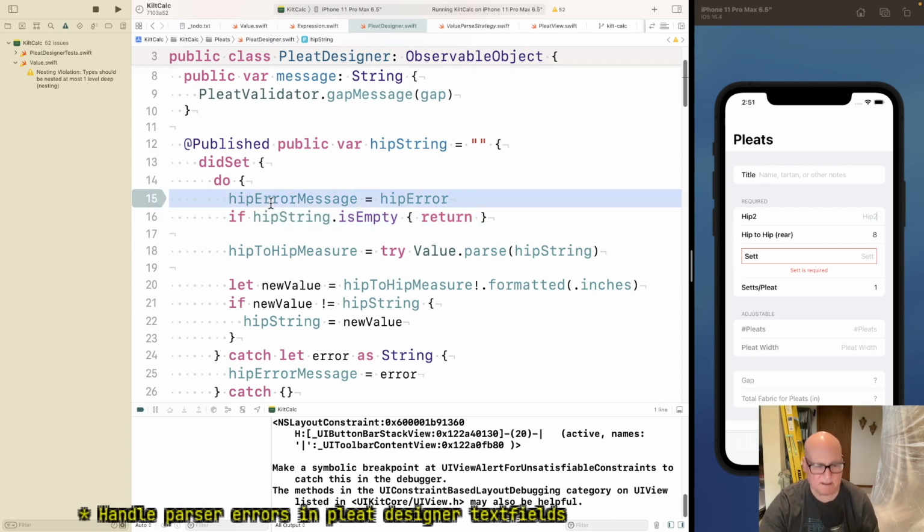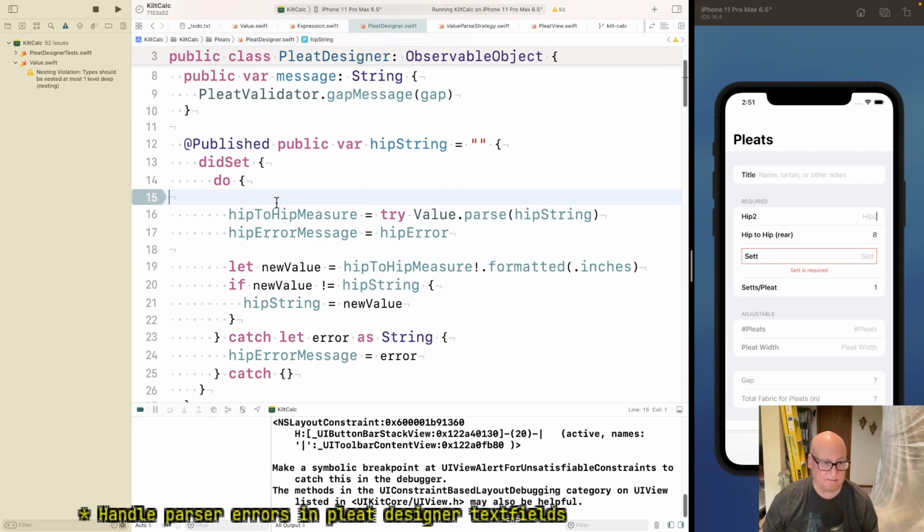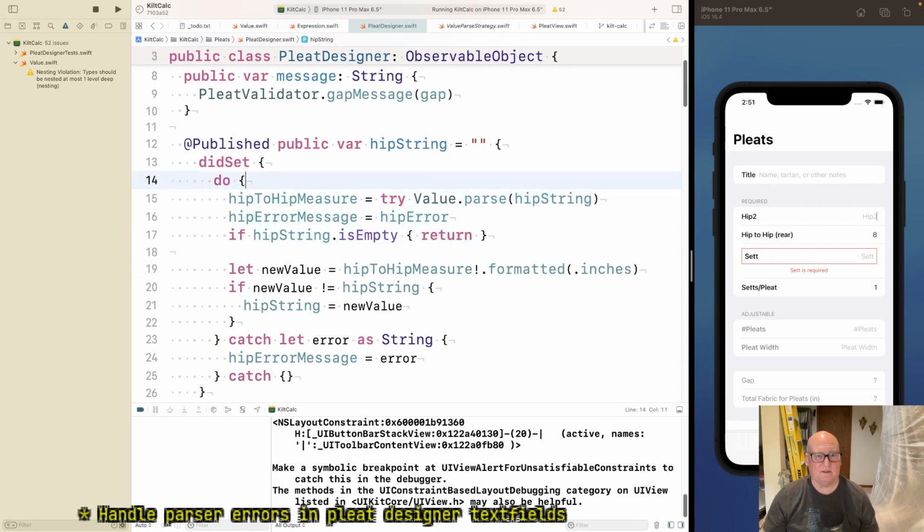Okay, so this can't happen until after the new value is computed. And maybe here is where this goes. Go ahead and compute it. No, that's not going to be right.